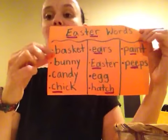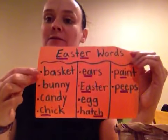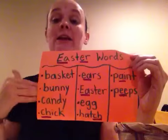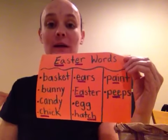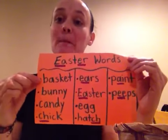I placed them in alphabetical order. It's a good way to sort words. And so the first words start with B's. I'll say the word. You repeat after me. If you already know the word, try to say it with me, or maybe even before me if you can. Let's get started. Basket,